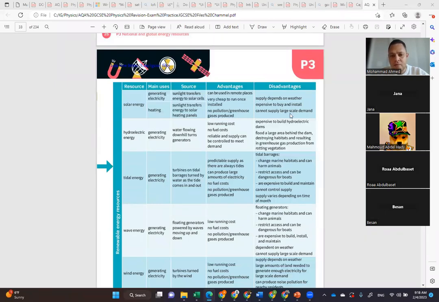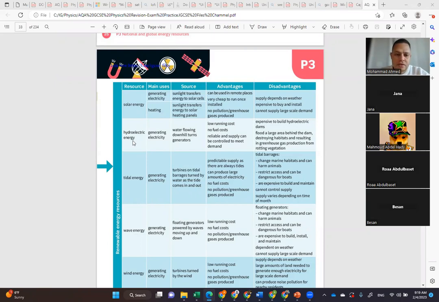So if you have a solar panel above your house, you can have only electric energy for your building only. So it is very limited to the large scale demand. Another source of